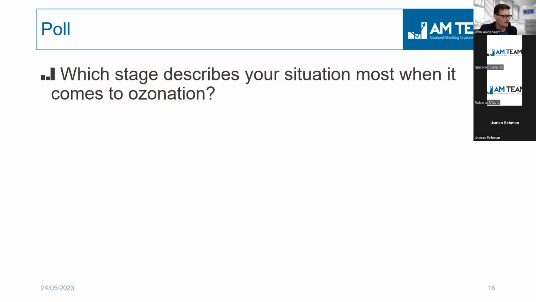And here are the results of the poll. All right, I will be sharing them now. So most of you, almost half, are in exploration planning stage. Very good moment to follow this webinar, I would say. So in that stage, you really want to learn a lot at a fast pace what is being done at other sites. People are also in design stage, 20%, and some people are constructing, and a nice percentage is also operating already. So there is quite some experience in this audience already. So this is very promising for the Q&A.